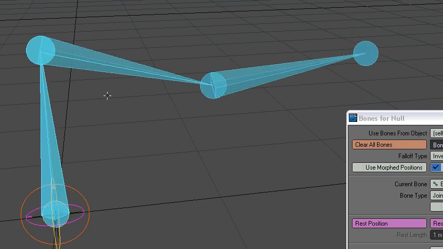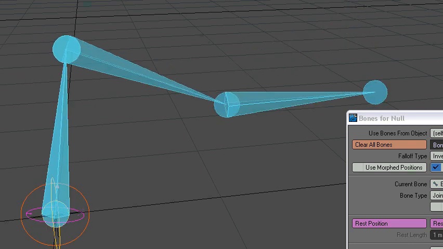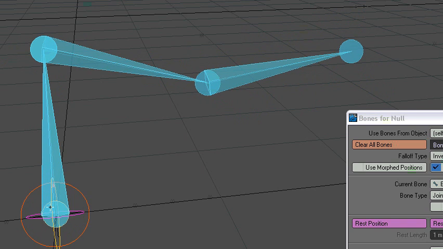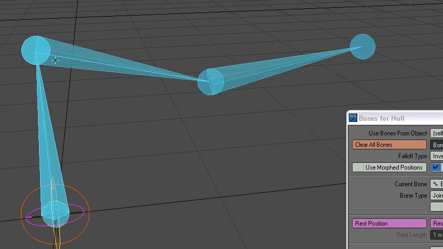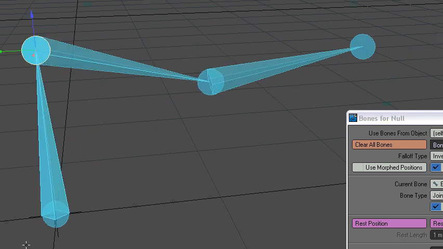Now this thing snapped back because I don't have auto key on, but the rotation would be unaffected by whatever is going on over here if you were to move this thing. Typically you only move those with facial muscles, and not for arms and legs. So that's something to be aware of,